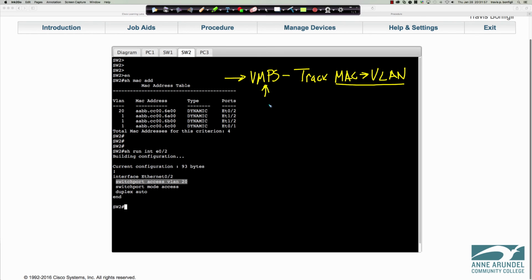it's in this database where I would go in and I would say, okay, anywhere in my layer 2 infrastructure where I see the MAC address ABB, and what do we have here? CC00, and what is that? 6E0, and that looks like a C. 6E0, 0. I would say that belongs to VLAN 20. And so this VLAN management policy server